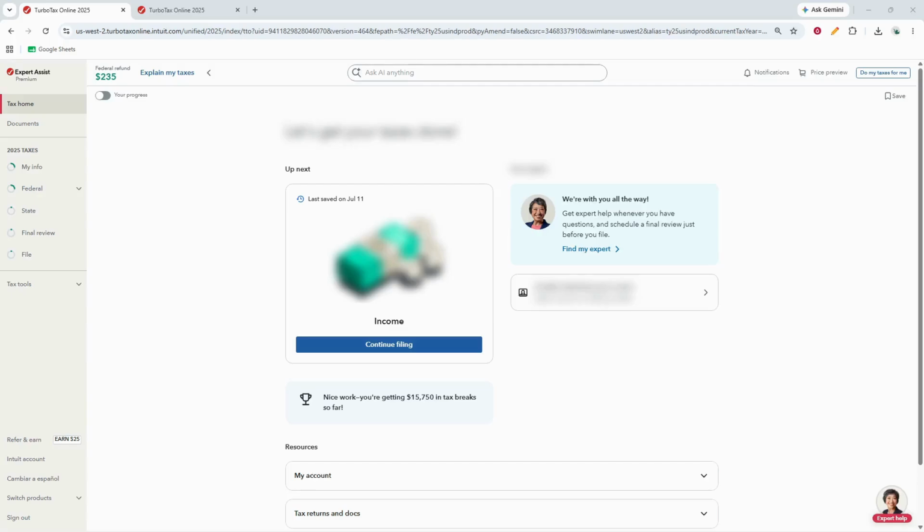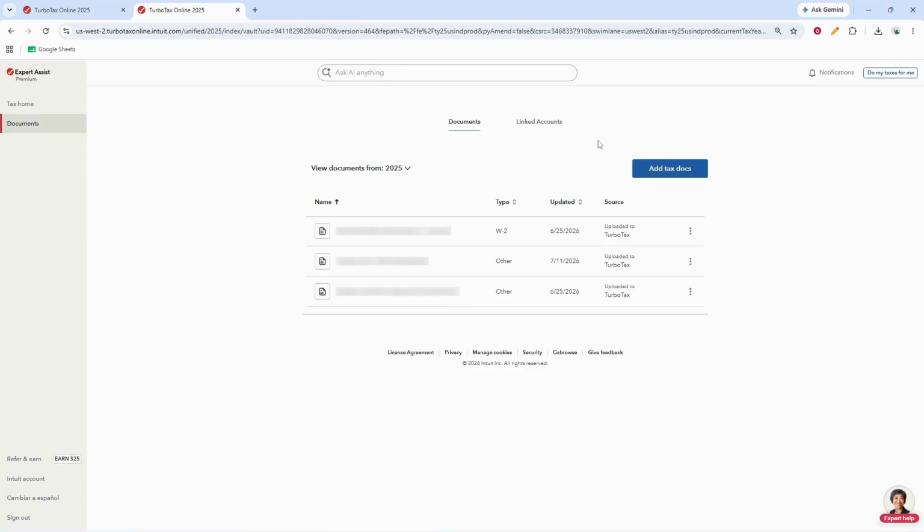In today's video, we are going to cover how to upload documents to TurboTax. Begin by signing in to your TurboTax account, then open the tax return where you want to add your files. Once the return is open, go to the Documents page. This is where TurboTax keeps the files connected to your return, so it is the right place to start before